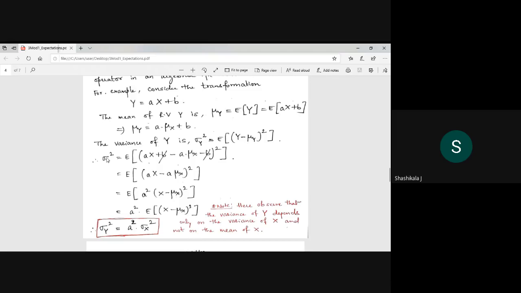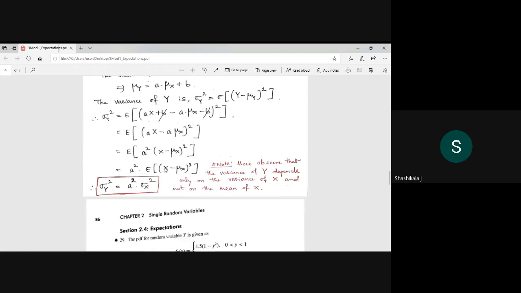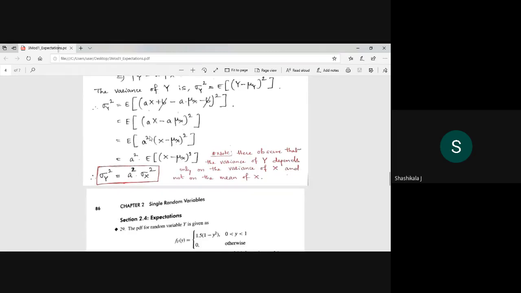Here it is ax plus b minus a mu x plus b, whole square. So when you do this, you separate out the a square, and it is x minus mu x square. So that means sigma y square